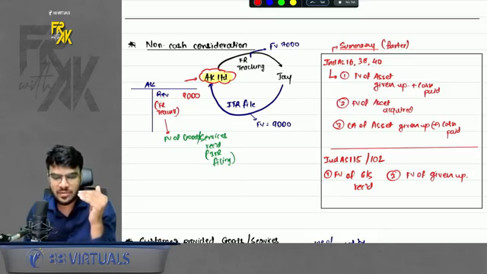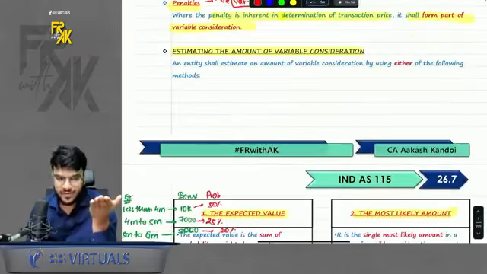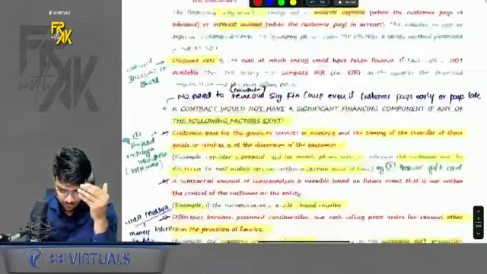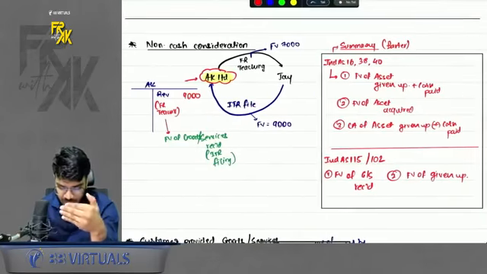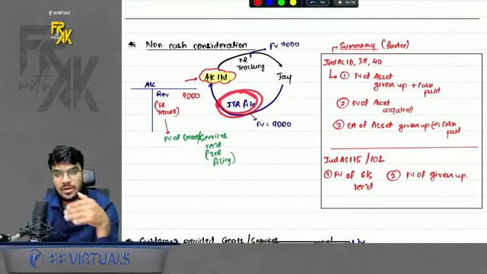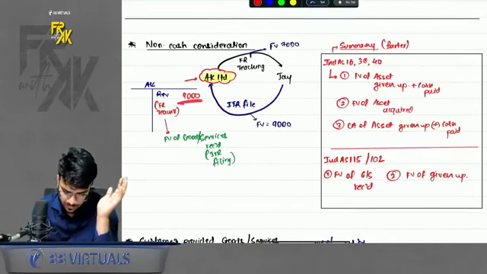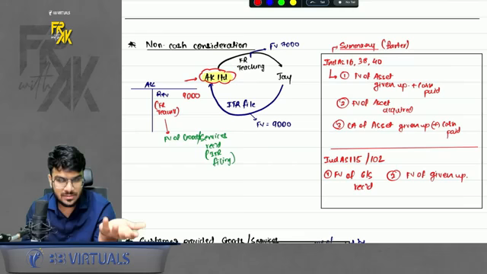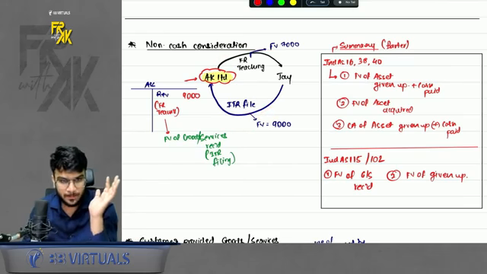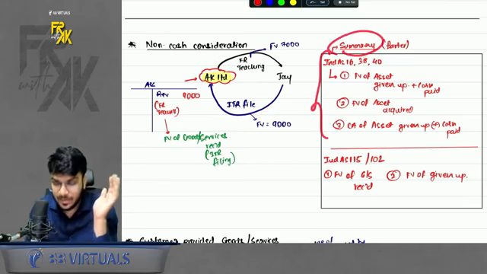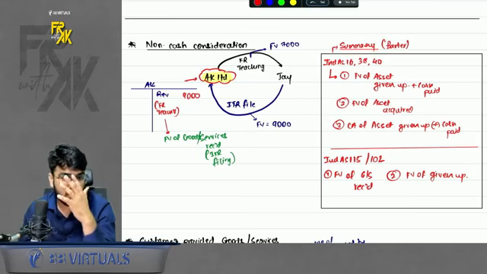So 115 gives us two preferences. 115 says first preference should be given to fair value of service received. So you received which service? You received ITR service. So what is the fair value of ITR? 9,000. Record the revenue of teaching at 9,000. Simple. If this was not available, then you will record at fair value of services given up. Also, I have given a summary of barter transaction in various NDAs because this is a little contrary